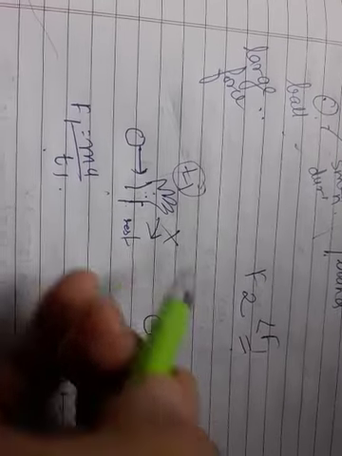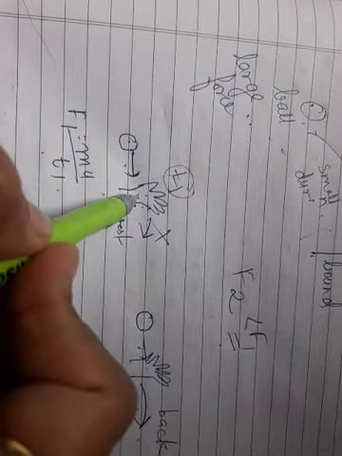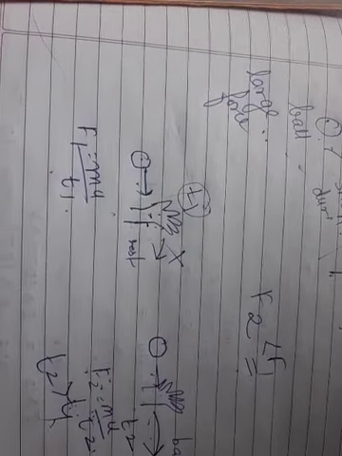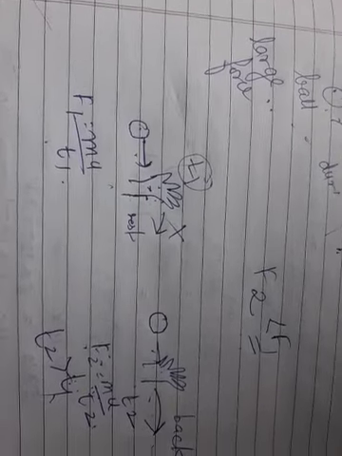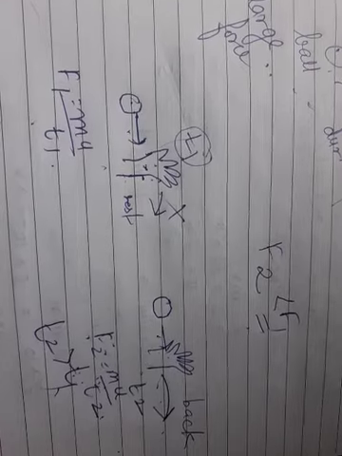F1 will be greater. Why? Because on his hand the ball will hit much harder, but here the force will be a little lighter. Why? Because he is withdrawing his hands back. Thus the cricketer avoids the chances of injury to his palms by withdrawing his hands along with the moving ball while catching it. So now here, how is Newton's second law justified?